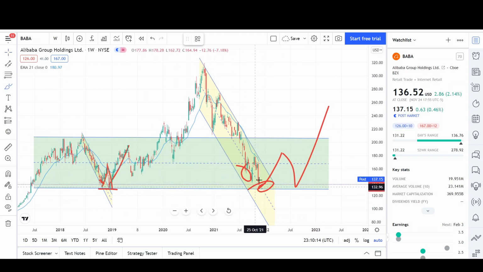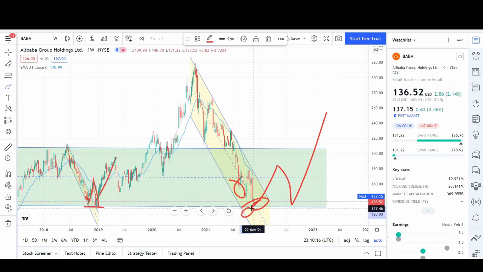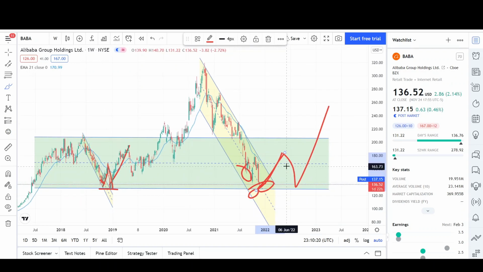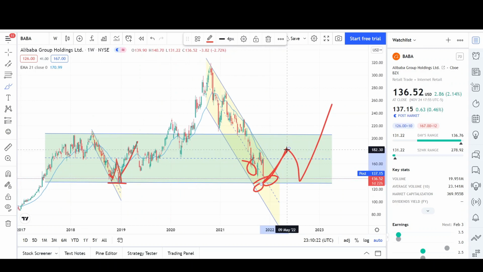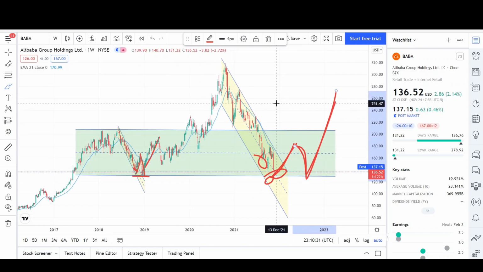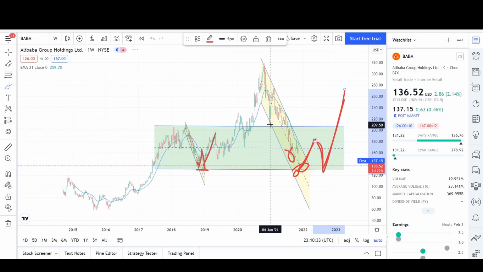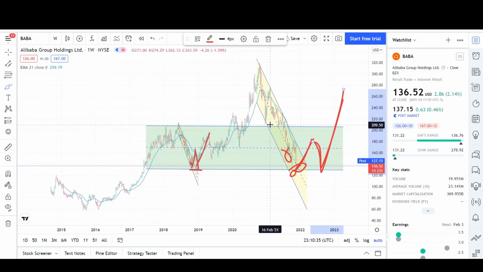So I do expect a bounce here, and maybe we came up short of the channel right here. So we could see a breakout side of this channel. But then I don't know if that's going to be it for not seeing these lows again, or we're just going to fall back down to retest it and then reverse. But either way, I still expect BABA to be a very great company and a high performer in the coming